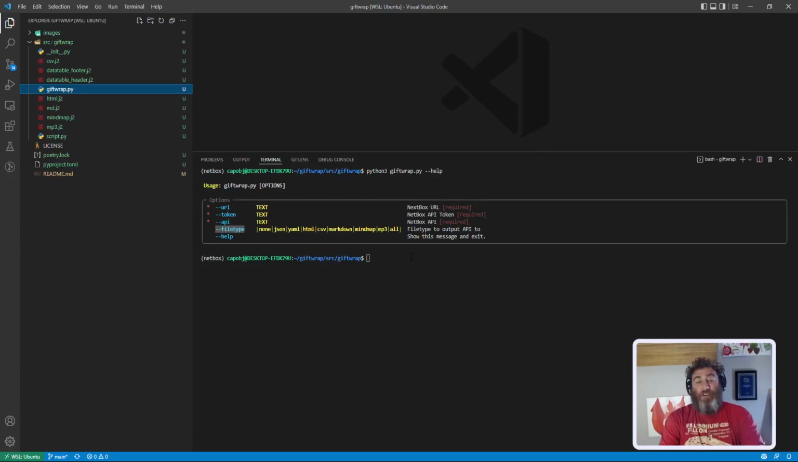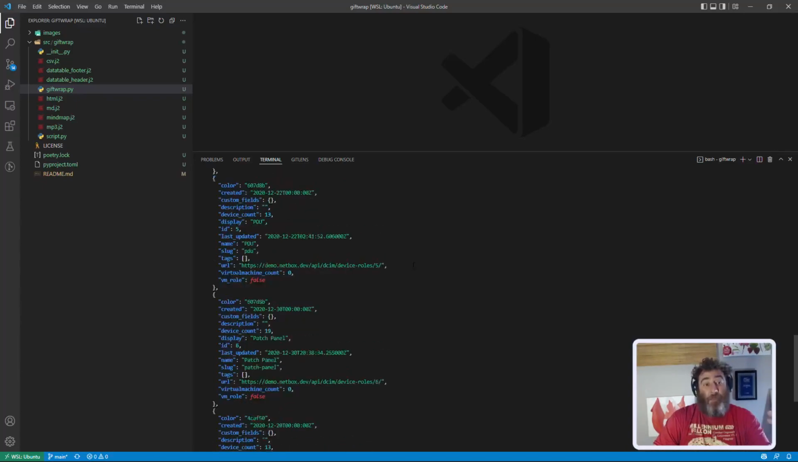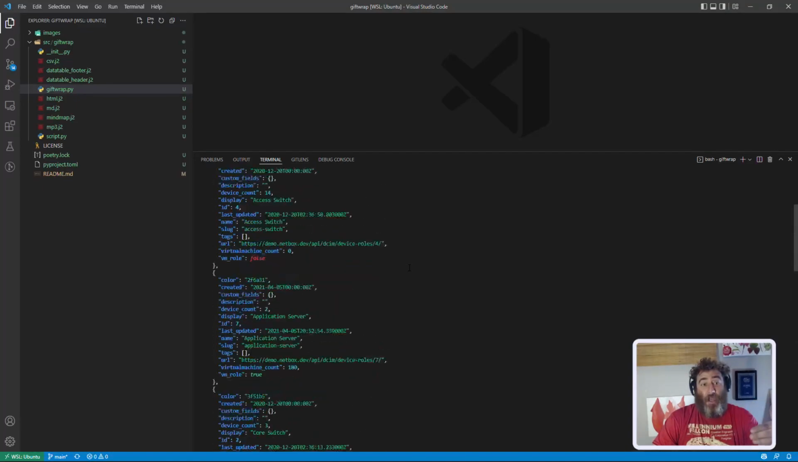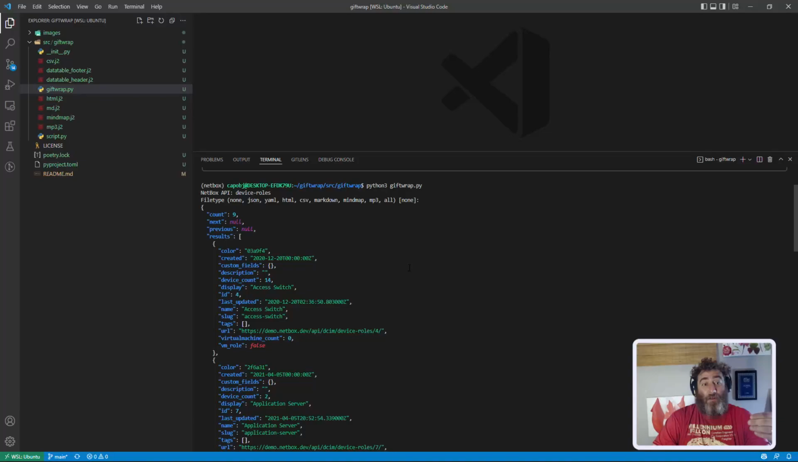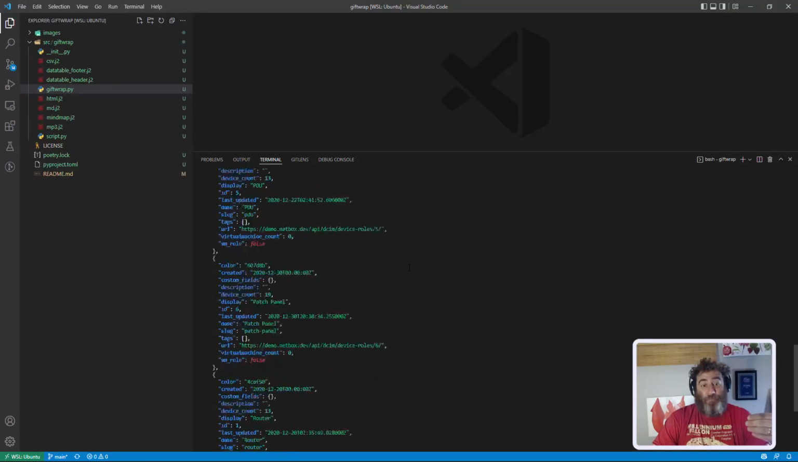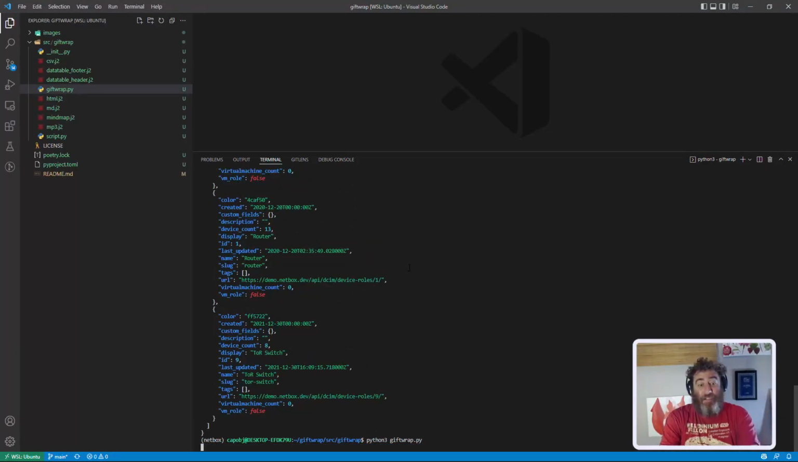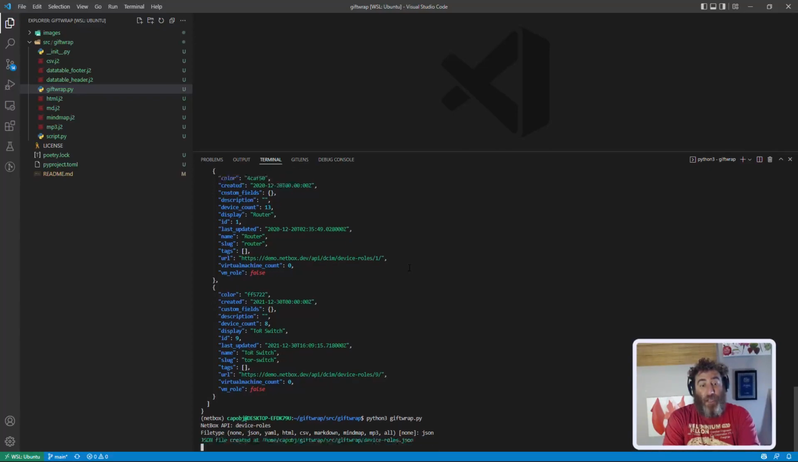But what happens if we don't pick a file type? It's just going to be like Postman almost and display. So, run the code and we're going to say device roles and no file type, which is the default. It's just going to dump it in rich JSON, so nice color-coded JSON, to the screen. Now, if I want that as a JSON file, device roles, JSON,